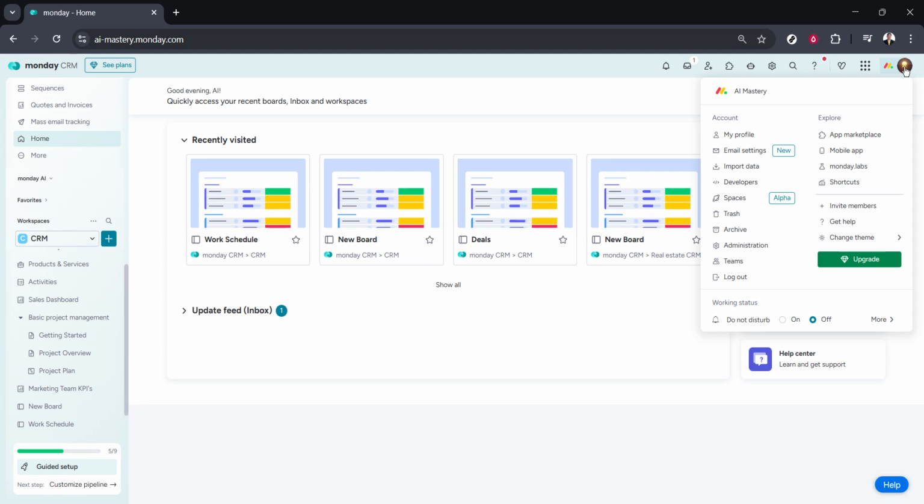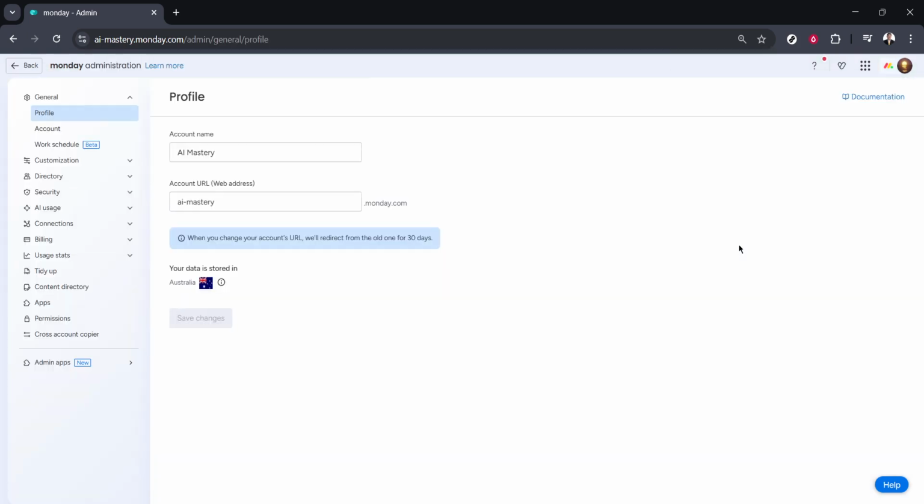From this menu, you'll want to select Administration. This section acts as the central control panel for your Monday.com account, allowing you to manage users, security, billing, and all overall workspace features. Think of it as the central hub where you can customize and govern how your team interacts with the platform. Navigating here is the essential step to access the deeper configurations required to activate advanced tools